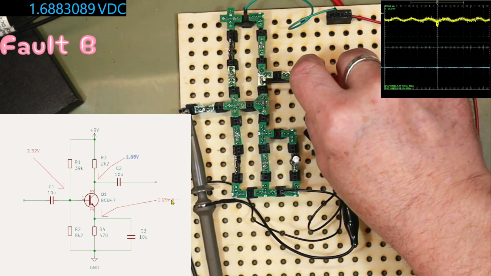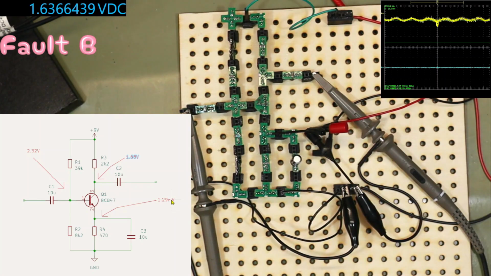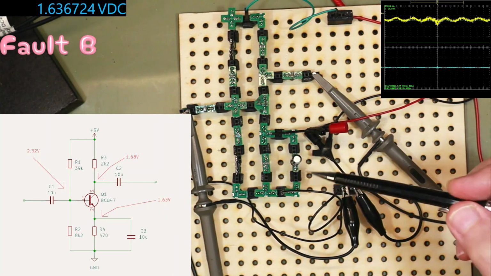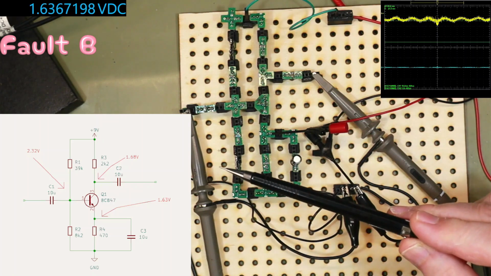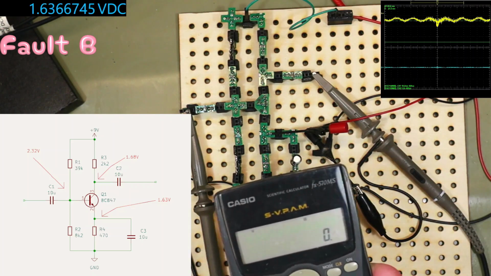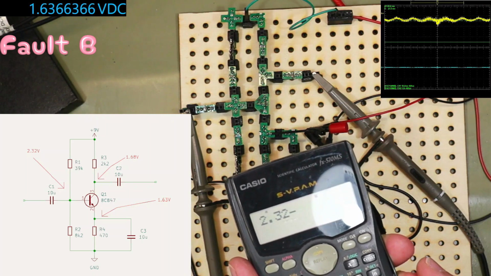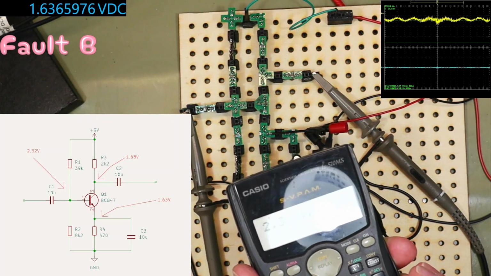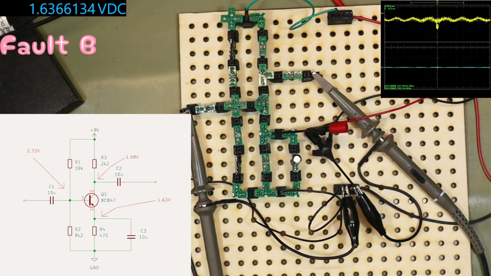What's on the emitter? 1.63. So we can see over there the base is pulled quite high, 1.63 to 2.32. 2.32 minus 1.63 is 0.63, nearly 0.7 of a volt, 0.69 of a volt, which means that transistor is heavily turned on and fully